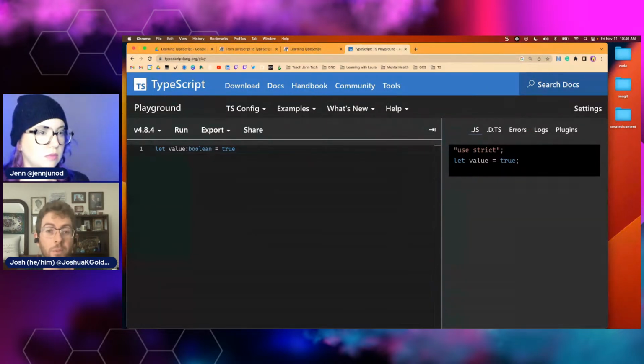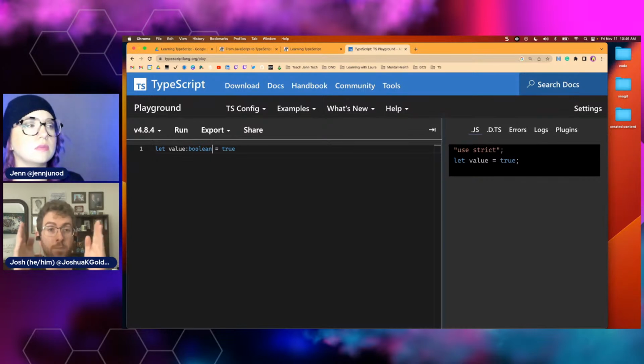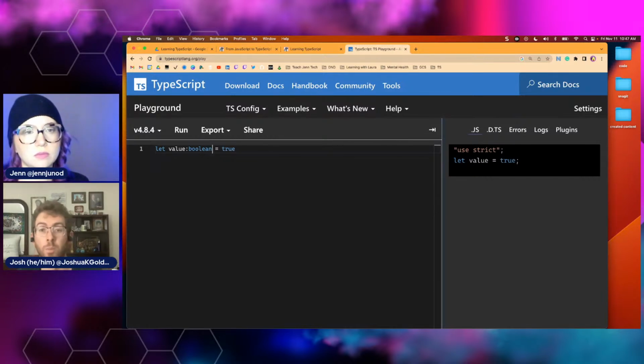Yay. So now we have a difference. Now on the left in the TypeScript code, you have created a variable, which is all JavaScript. And in TypeScript land, the type system, you have said this variable is only ever going to be a boolean. That colon boolean exists only in the TypeScript understanding of the code. When you compile to JavaScript, which is what you get on the right, anything that is only in the type system gets removed. Notice no colon boolean. So that's what I mean by type system code versus runtime code.